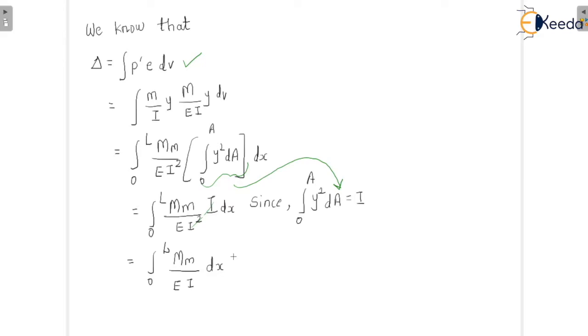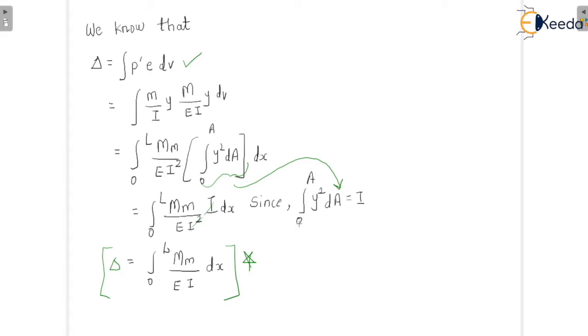So we arrive at the unit load method formula for application to beam deflection. Remember this formula. From this equation, we can get the deflection at any point C. What we need is the bending moment due to the given load system and due to the unit load acting at C. This procedure is applicable to rigid frames, only where the flexure effect is considered. Now let us see a problem.